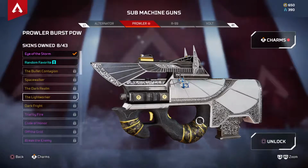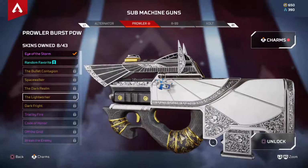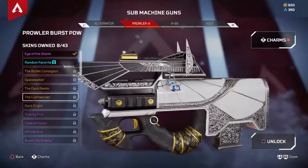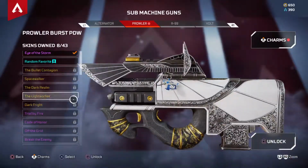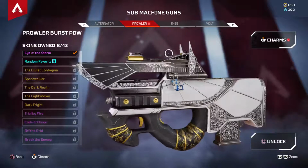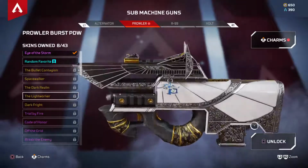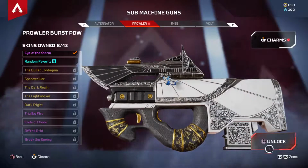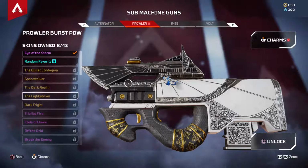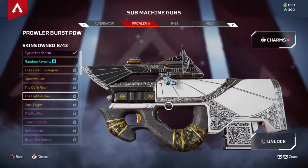Very nice, very nice. Okay, I love the color scheme. The silver and the marble white really goes well together. Yeah, I love the top of the gun, that's really nice. I just wish it had those pointy things off again. The magazine is beautiful. The stock is also beautiful. The middle of the gun is also beautiful. The barrel is beautiful. But the thing I just hate about this gun,